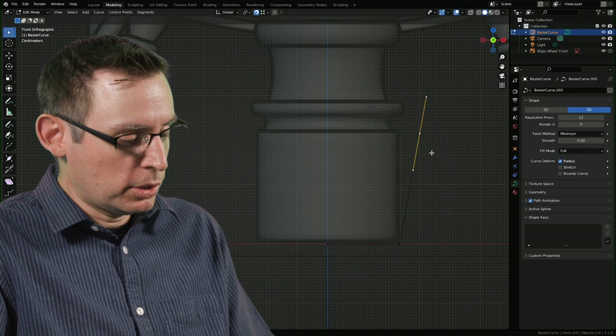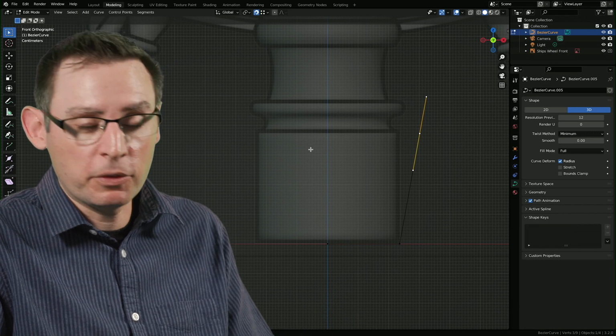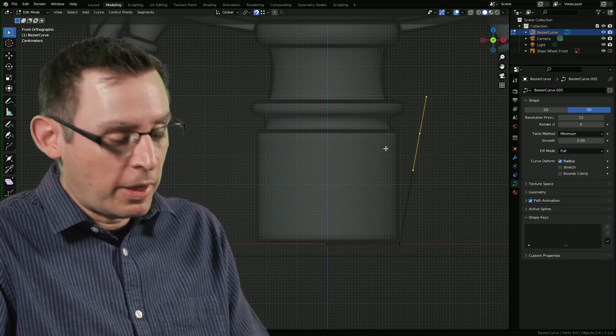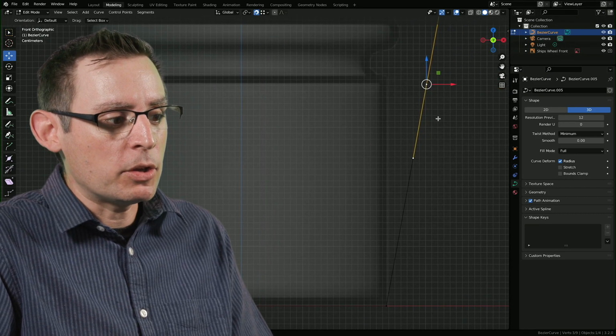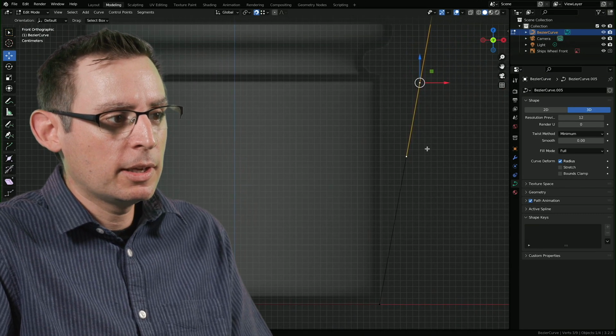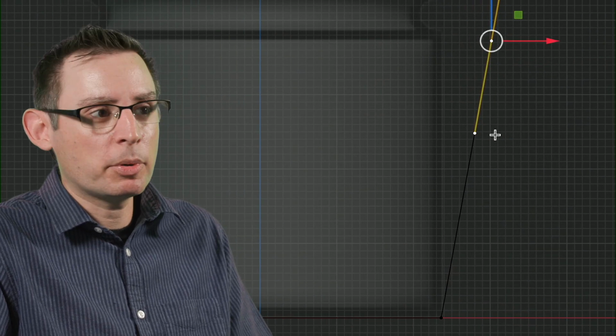What I like to use is the actual transform location tool. So this would be the move tool, if you will. The keyboard shortcut for that is spacebar G. And what we gain here are these tool handles. Let's see if I can zoom in a little bit so you guys can see, because I recognize these dots are pretty hard to see.